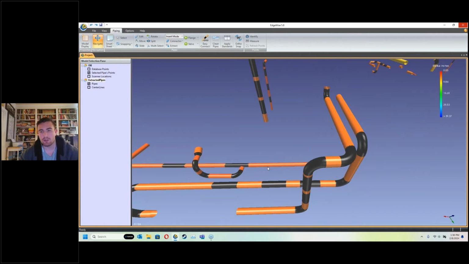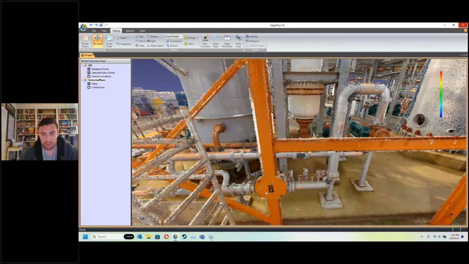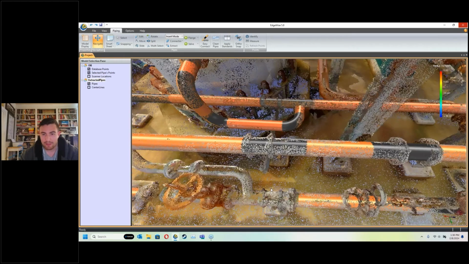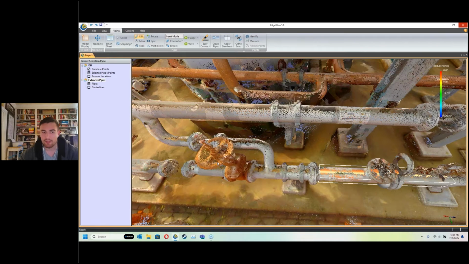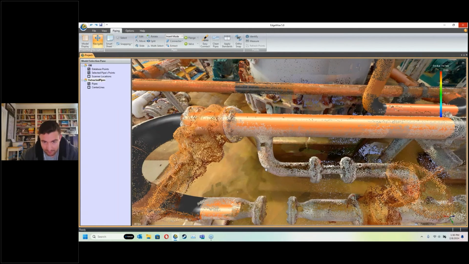And there's another feature I'll show a little bit later on called Smart Points, which is a really cool little feature where we can export out the point cloud data around our pipe runs and bring that in. We can then use that clipped out point cloud inside of our end application to help model componentry. So